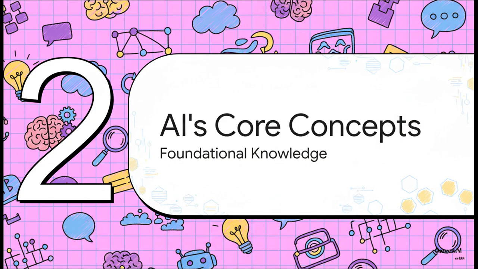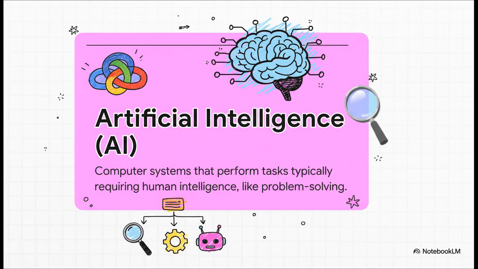Okay, so if you're going to lead effectively, you got to speak the language, right? So in this next section, we're going to quickly break down some of those core concepts. Think of it like learning the essential vocabulary you need before you head out on this big AI adventure. So let's start with the big one, the one you hear everywhere, artificial intelligence, or AI. This is the huge umbrella term. It's really any computer system that does stuff that normally takes human intelligence. Things like solving problems or making decisions. It's the whole universe we're talking about.